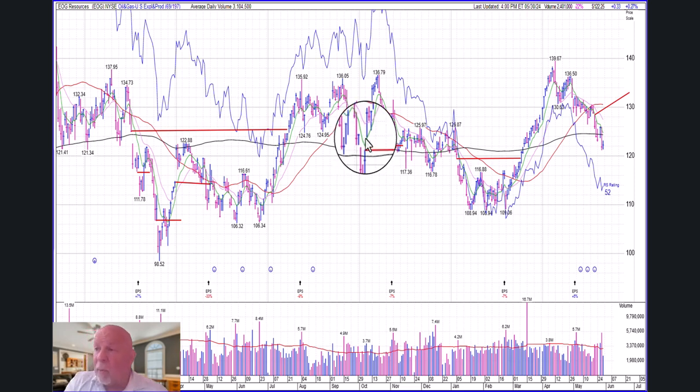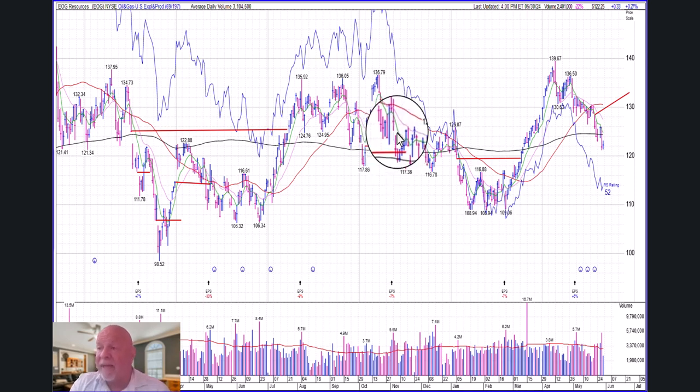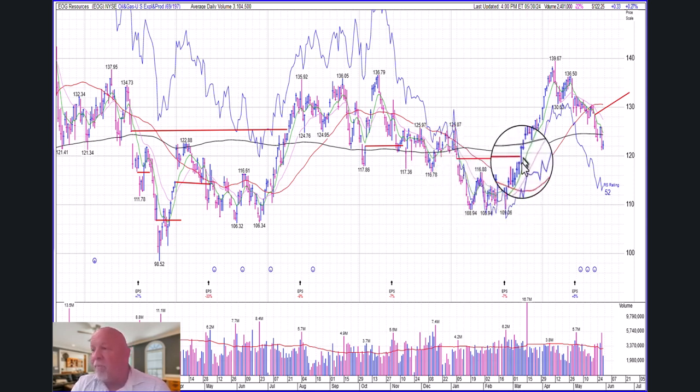And that was a breakaway gap. Created another breakaway gap right there, which I didn't notice there. And then it ran and it filled both of those gaps, even with a gap down right there. Interesting, right? They just keep getting filled. Then we had another gap down, right? Kind of an exhaustion gap maybe after all this. Not much of an exhaustion gap, but it was filled another month later.